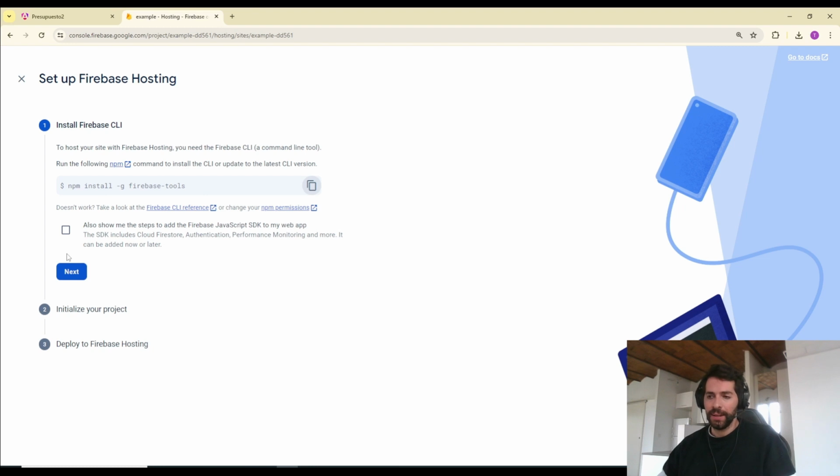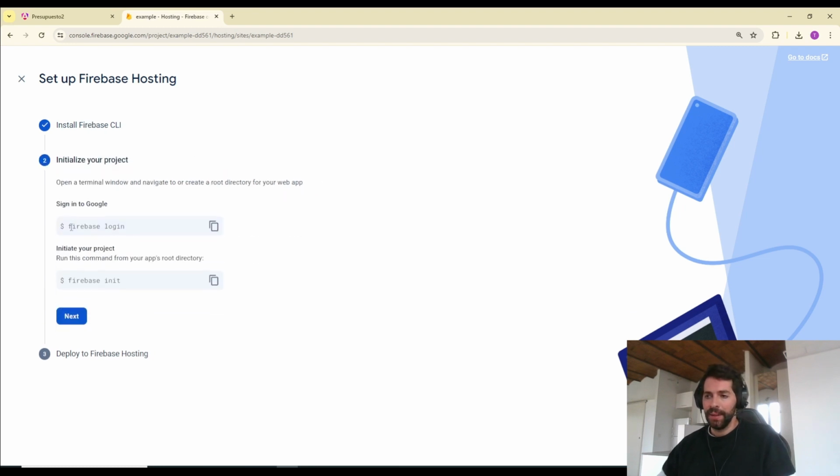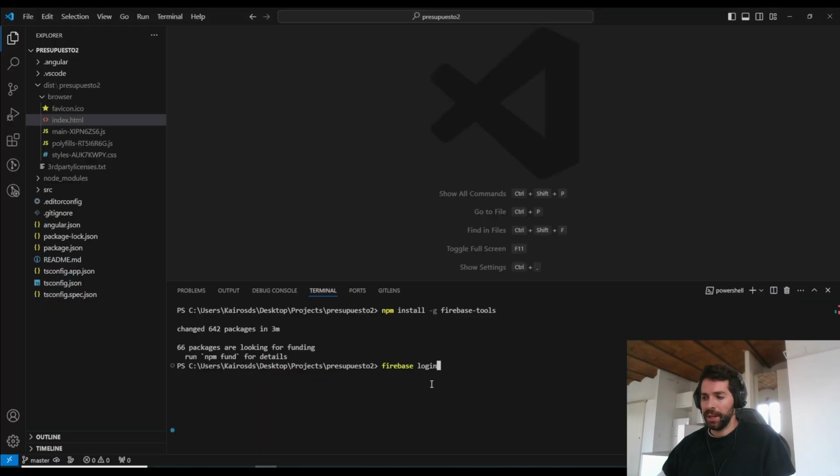I will come back here. I will click next. We need to log in. I will copy this one. I will go to the project and here I will put firebase login. I will press enter